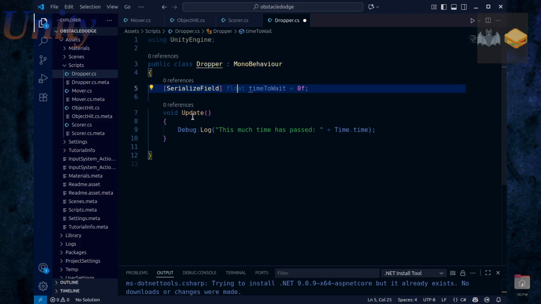We'll call it time to wait, and we'll make it a serialized field. That way every object that carries this script will have this on it as an individual toggle kind of a thing. So,